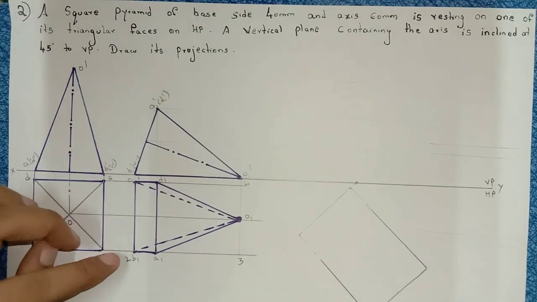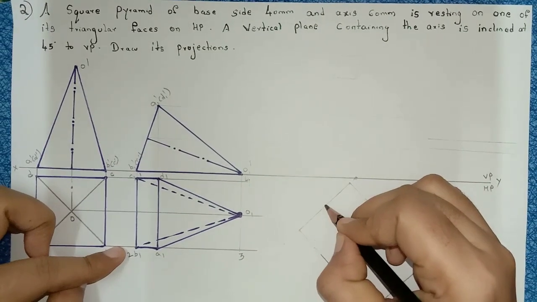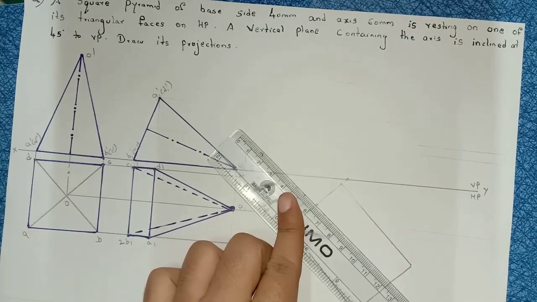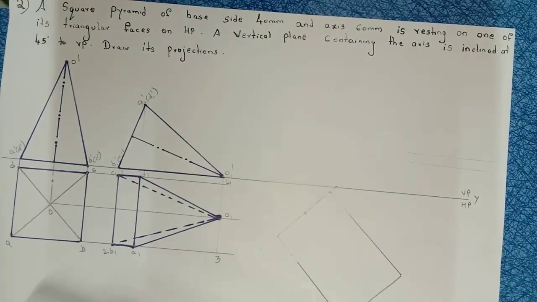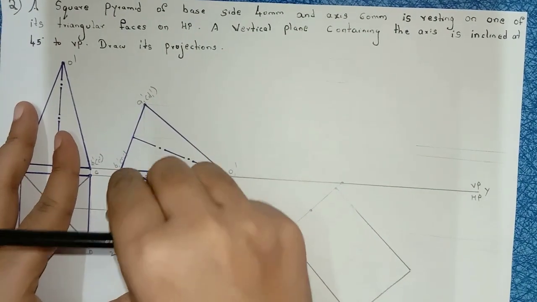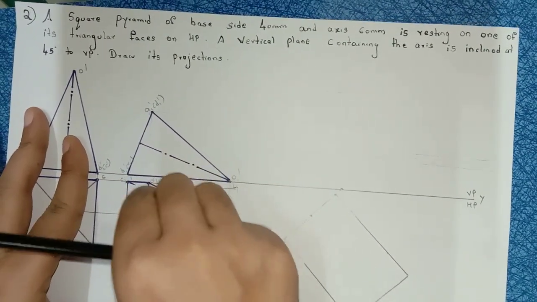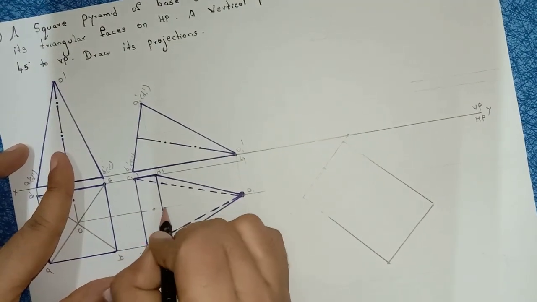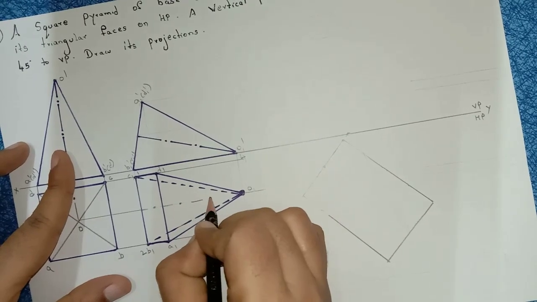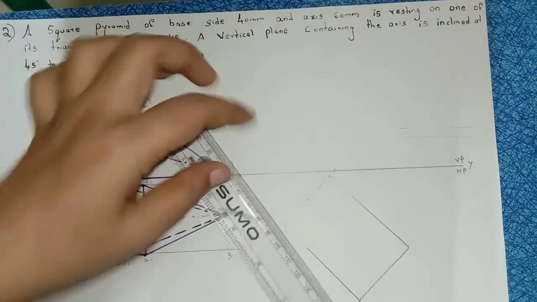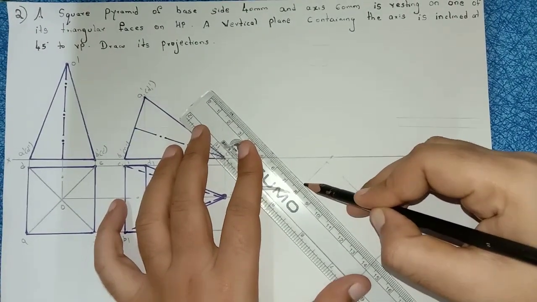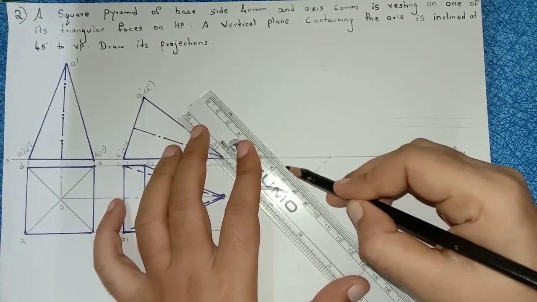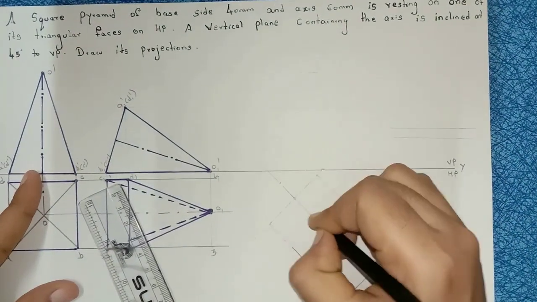Now you see, in between 1 and 2, mark the midpoint. Draw the axis line here. So this is your axis line. Axis line should be dash dot, so I will represent it with dash dot here. This is my axis line. In similar manner, I will draw the axis line here through the midpoint. So dash dot, this is your axis line.